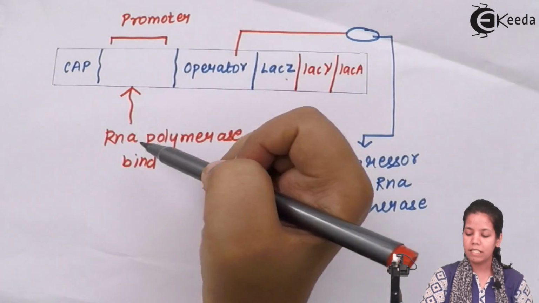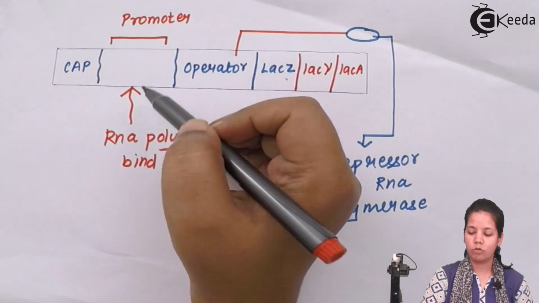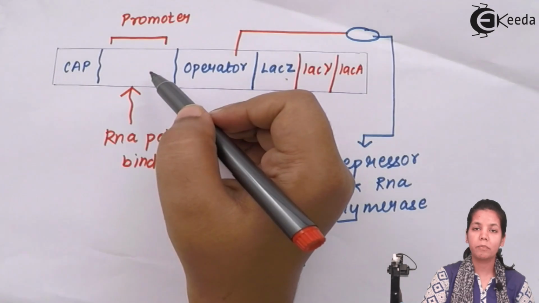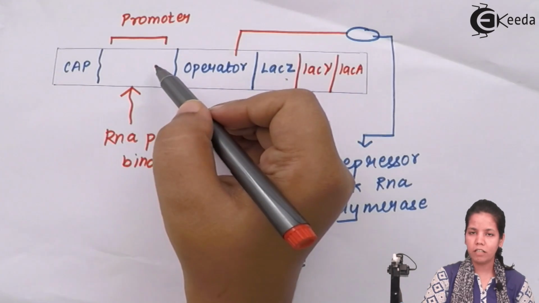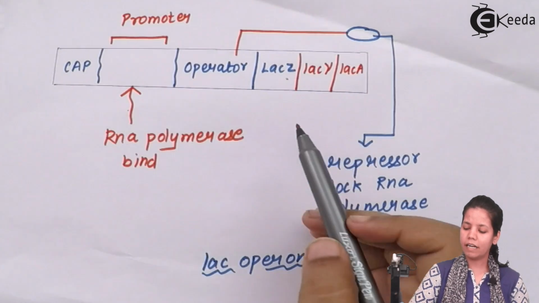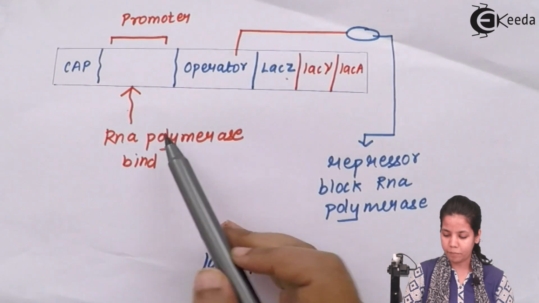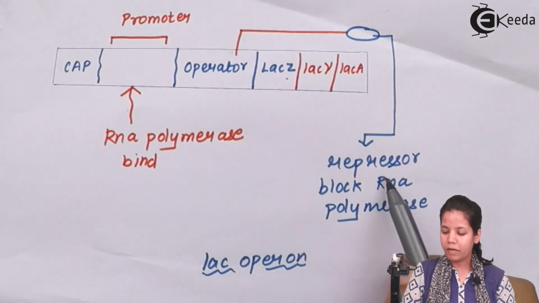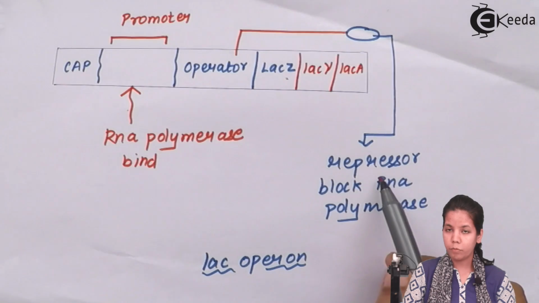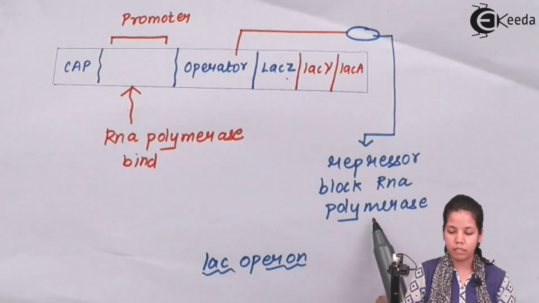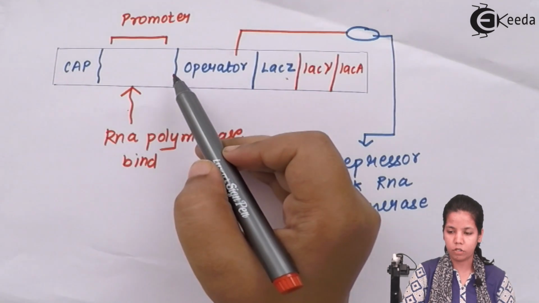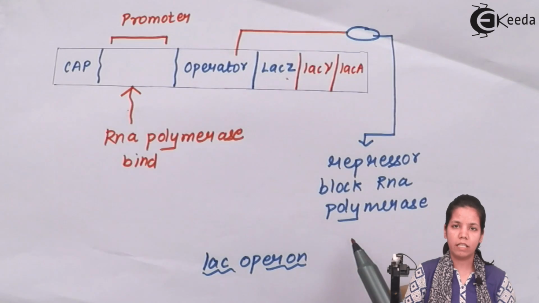And we all know that whenever RNA polymerase binds to the promoter region, the process of transcription takes place, that is, the process of reading the message. Further, the proteins, beta-galactosidase and lactose permease, are synthesized. Now imagine a condition in which lactose is not present. At that time, a repressor protein comes and binds to the operator region. Repressor proteins block RNA polymerase from binding to the promoter region, since they shade the operator as well as the promoter region, and hence no proteins can be synthesized.